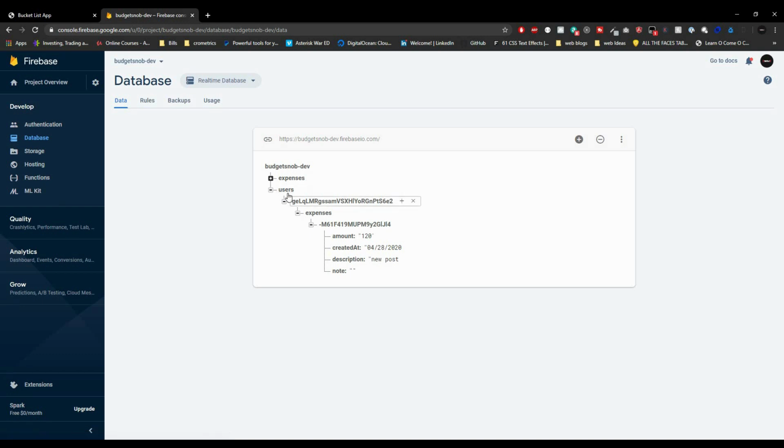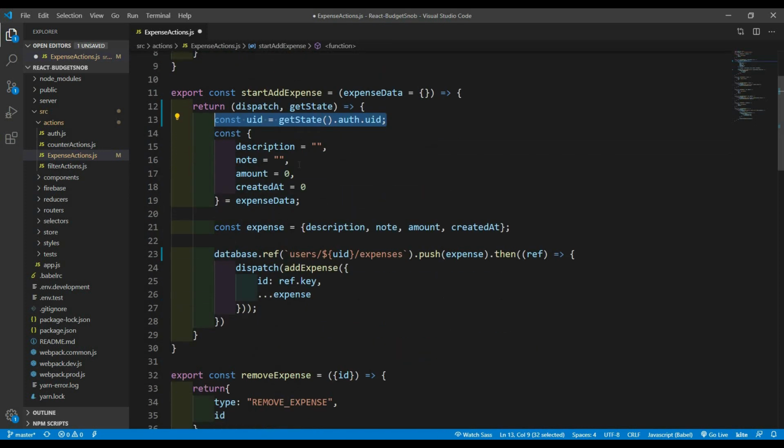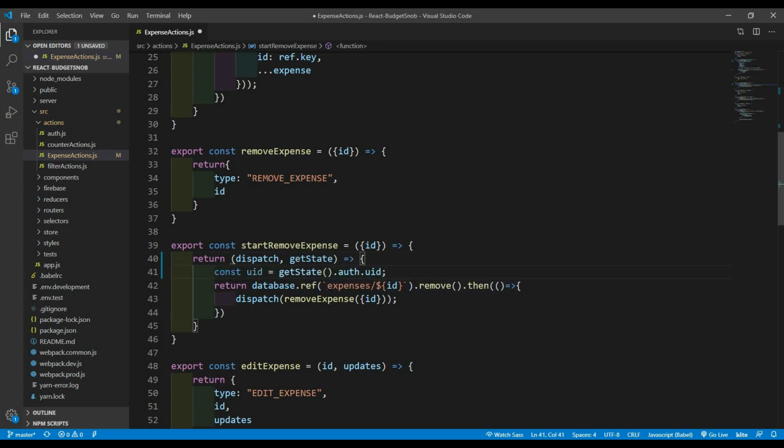We just need to do this for edit and delete as well. So let's actually do that right now. I'm going to grab this, well, colon right there. Copy this. So we did add. Let's do remove. So inside here, we're going to get state, and we're going to get the UID, and in